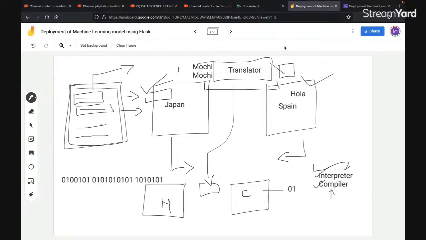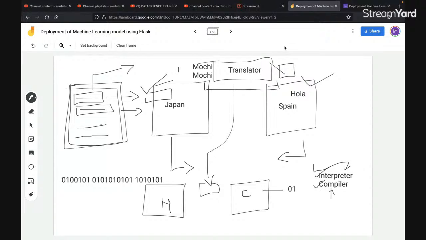Perfect. Now let's understand, and there are a lot of things that we can discuss about Python, but due to the time shortage, this is all you need to know: Python is an interpreted, high-level programming language. Apart from that, Python also supports the OOPS concept. Python is open source as well. That means it is free to use and its source code is available, so you can even add your contribution to it as well, right?